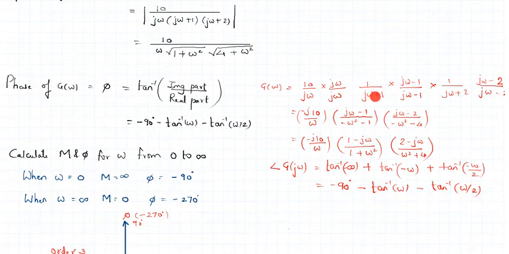So we will rationalize it by j omega minus 1, j omega minus 1. And the third term in the system was 1 by j omega plus 2. So we will rationalize it by multiplying and dividing by j omega minus 2, j omega minus 2. So when we solve the first term here, we get minus j 10 by omega. When we solve the second term, we get the numerator to be 1 minus j omega, denominator becomes 1 plus omega square. And when we solve the third term, we get the numerator to be 2 minus j omega and denominator as omega square plus 4.